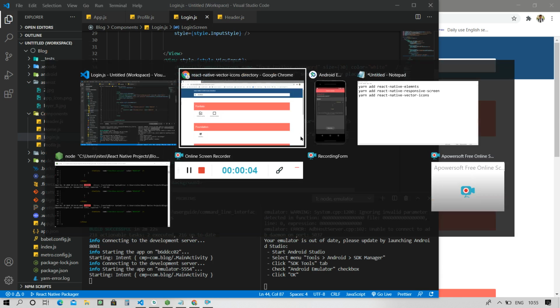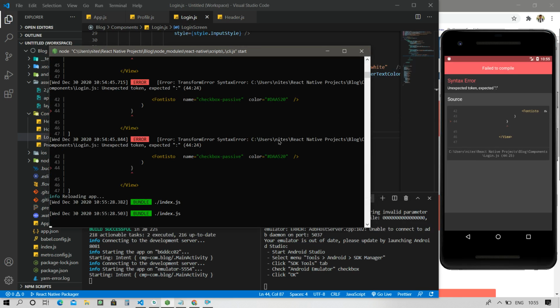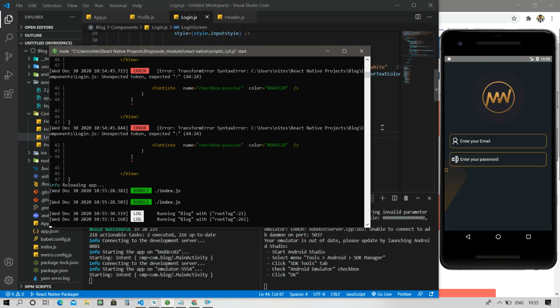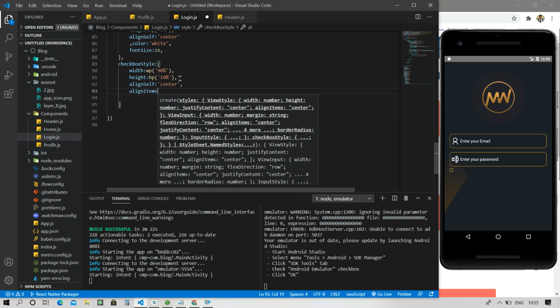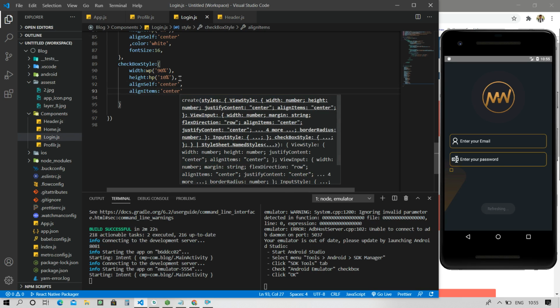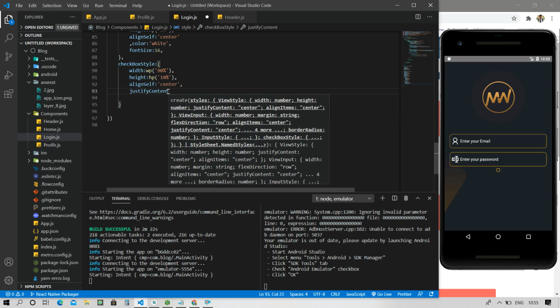Control S. You can go here, and you can see something appears here, but the checkbox width is 90 and it is not aligning itself. So give a property of alignSelf, property of center. Control S. And you can also give an alignItems property of center. Control S. So sorry, I won't give alignItems, just give a justifyContent property.